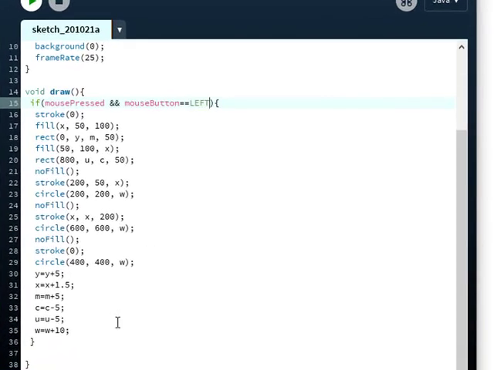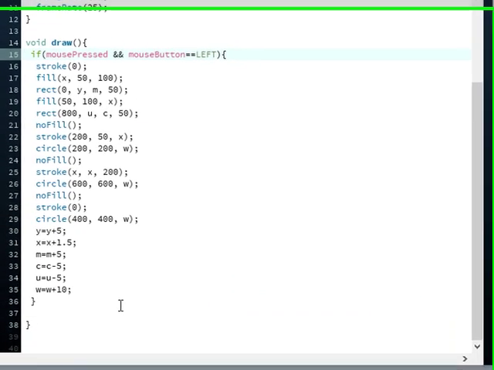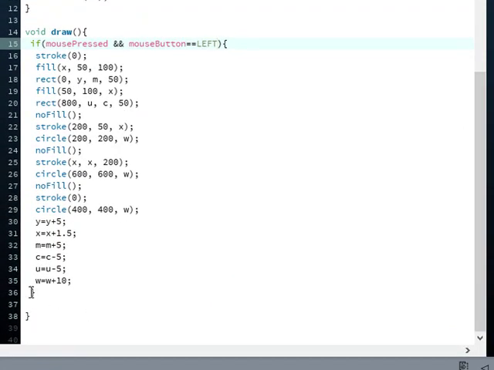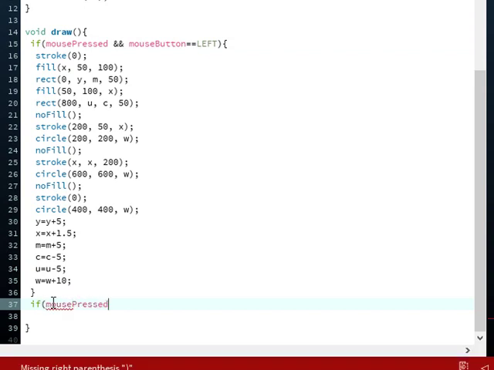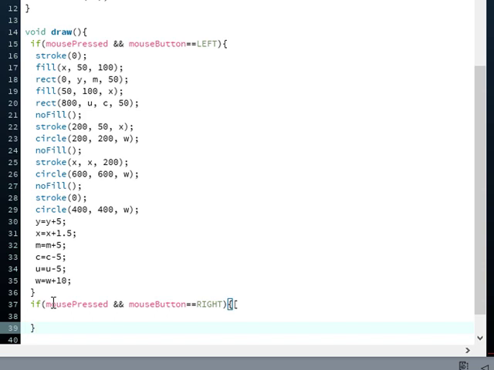Okay, so now I'm going to add the if statement for my right button that is going to save the frames. So remember, this is the closing bracket for this statement, right? This is the bonus, the ice cream, the thing that you get if these conditions are met. So I want to be outside of that condition. I'm going to write another one. If mousePressed and mouseButton equals RIGHT. Open curly bracket, come down a line, closing curly bracket, and then in between put saveFrame,